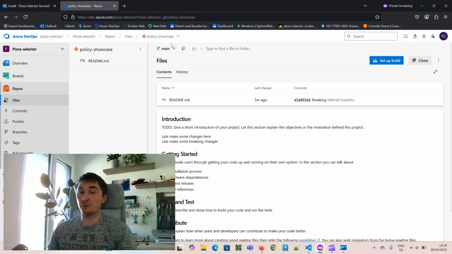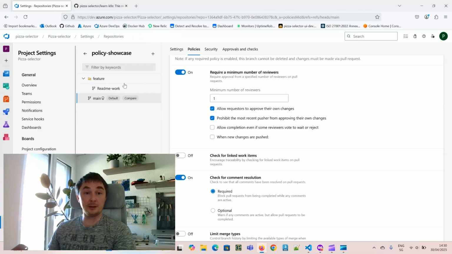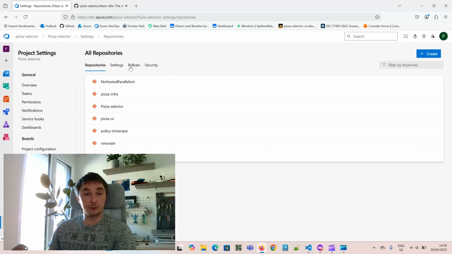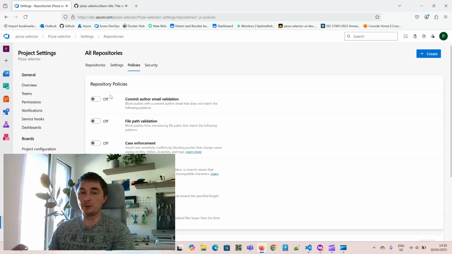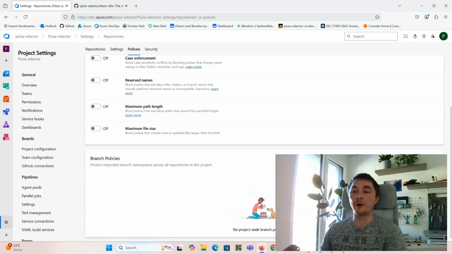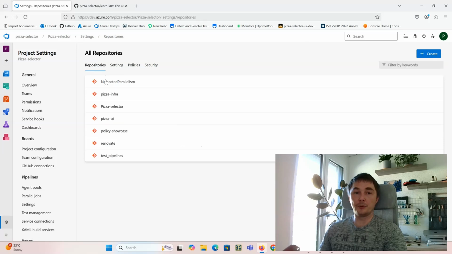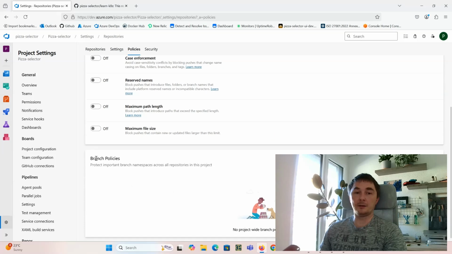So that is what I highly recommend you to implement on all of your branches and on all of your default branches for all of your repositories. And as I was saying, it is possible to work on those policies and set the default policy for the branch through this setting. So instead of going to a specific repository, we can go to policies,